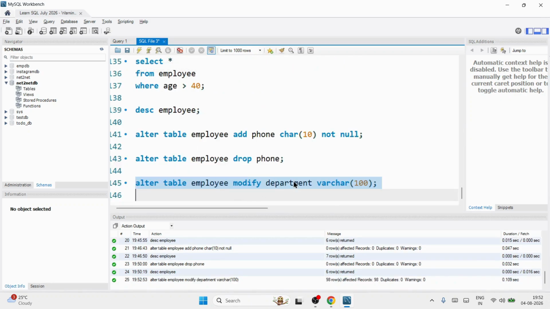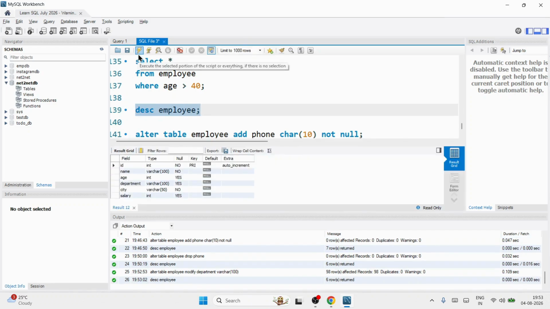Okay, now it has changed the department size from 50 to 100. You can check the description. Now in the description, can you see डिपार्टमेंट वेयर केयर